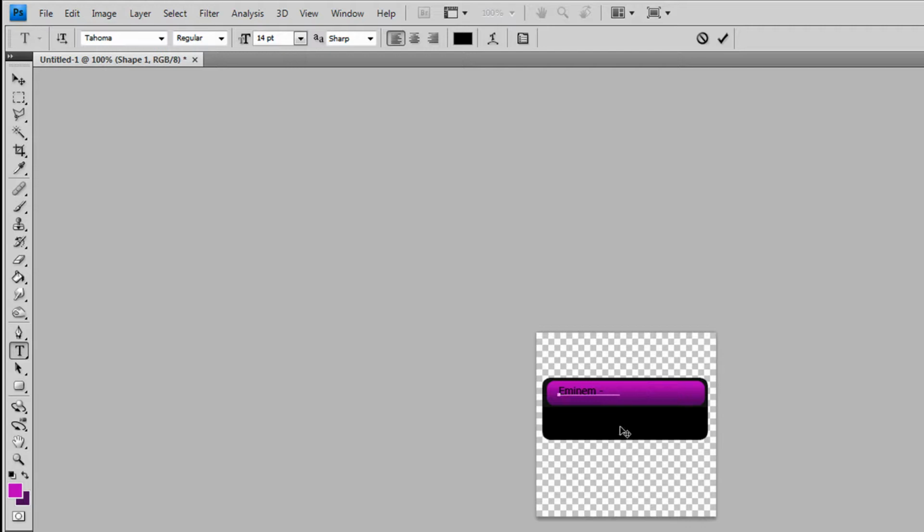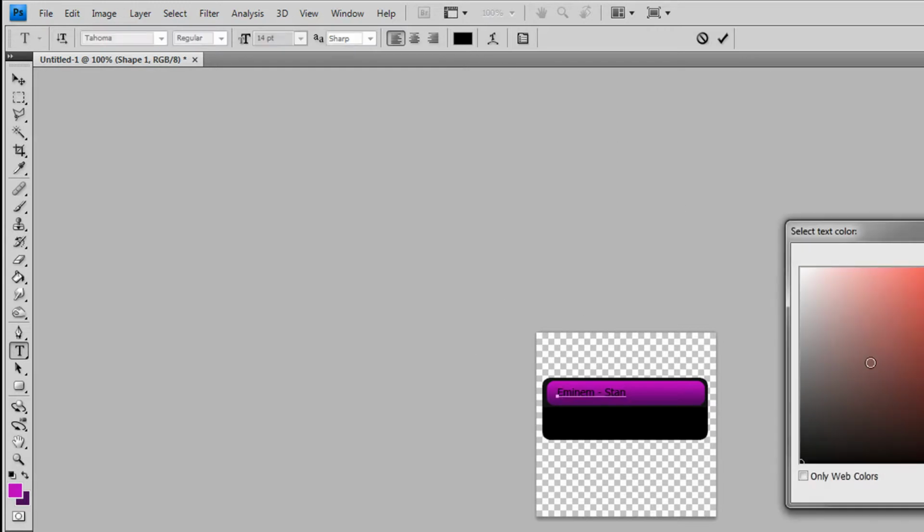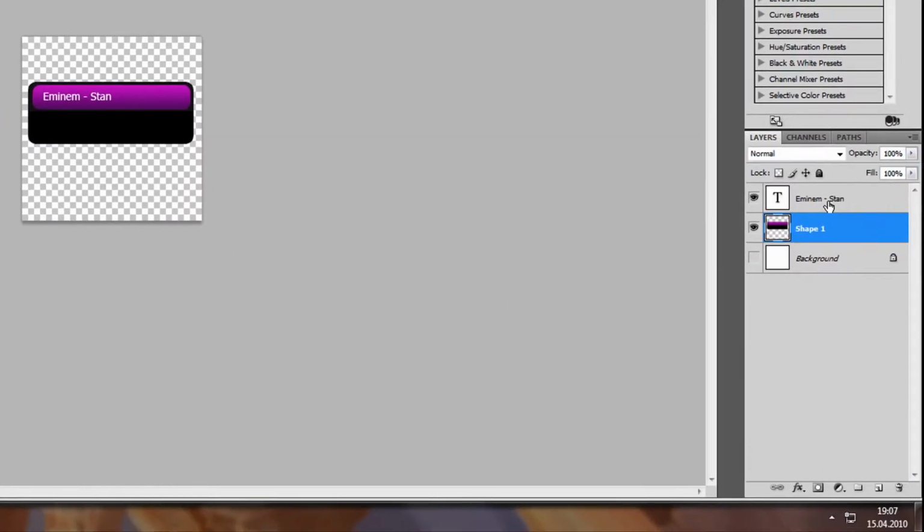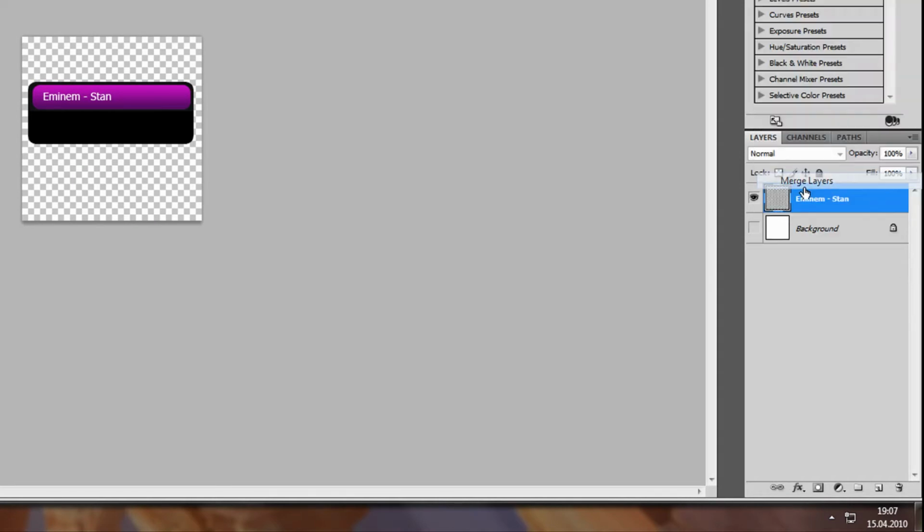Just type the song name that you want and place it in the middle of the box. I usually like it more when it's white, so I'll make it white. So we basically have the main screen done. So now what we're gonna do is blend them together again, merge layers, and now we're gonna